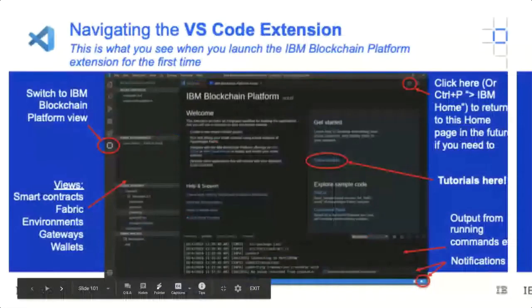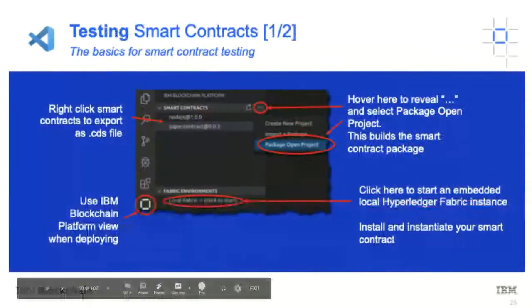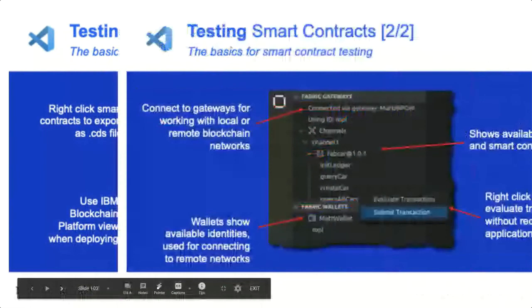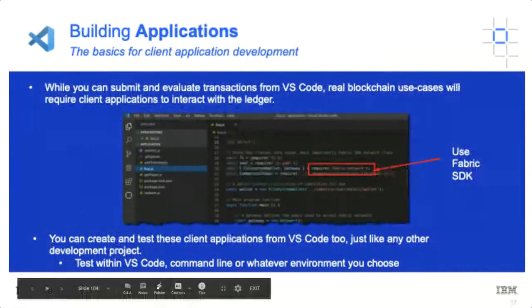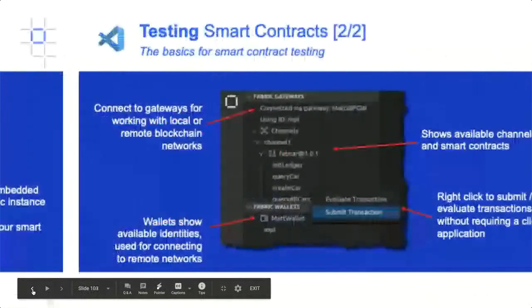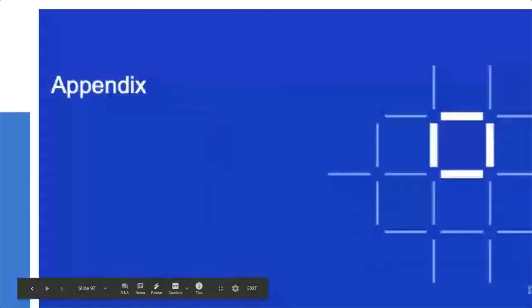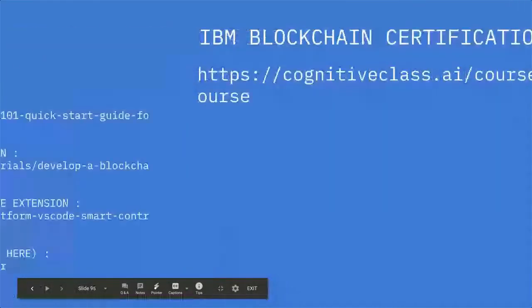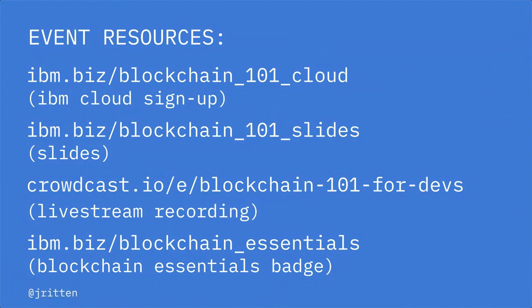I haven't seen the way to access the comics, so I'm going to add some slides at the end to show you exactly how to access the comics in the VS Code extension. Make sure you all access the slides, and I will be updating them this week so that you can have access to all of the resources as well as the comics.